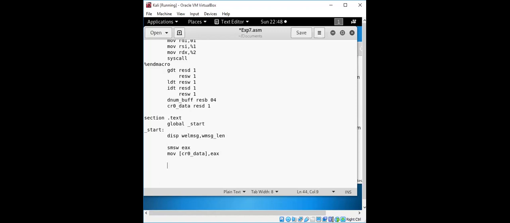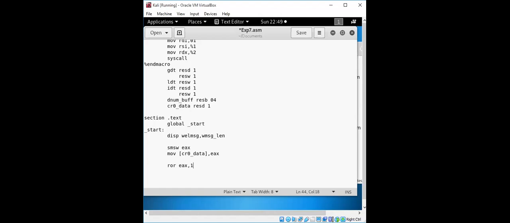Then next we'll have one more instruction, that is rotate, which will check the MSB bit. Here we want to check the MSB bit, so we use one more instruction, ROR, comma 1.